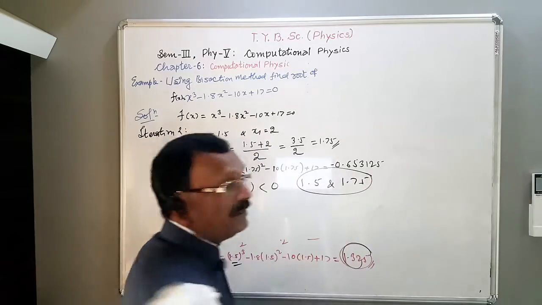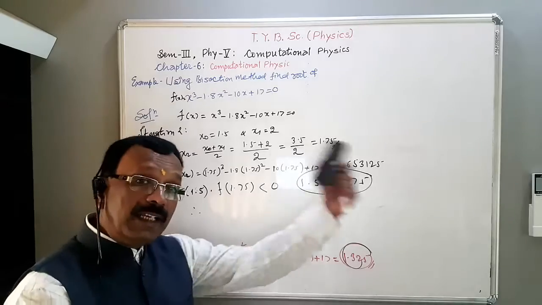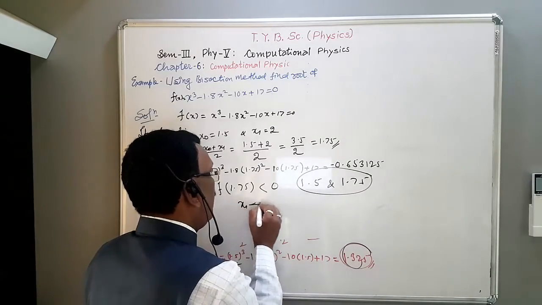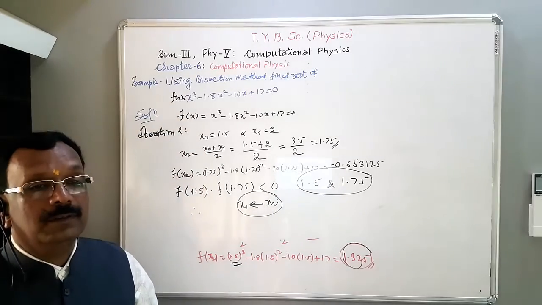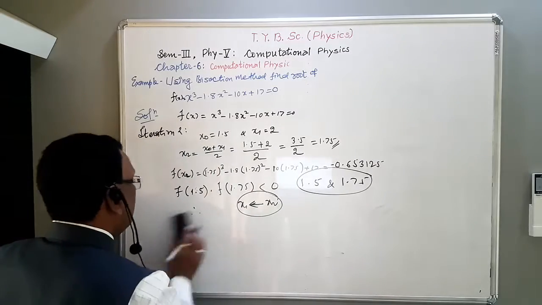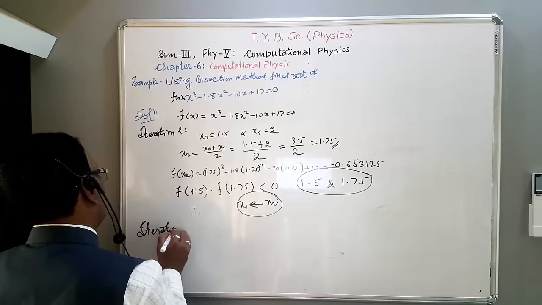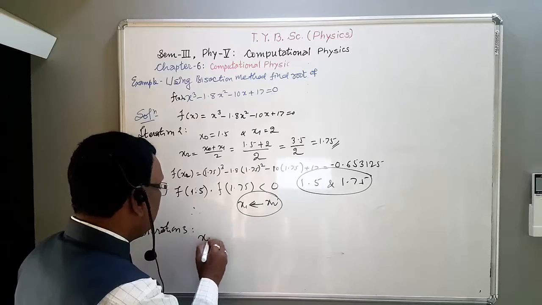The roots lie in between these two, and therefore we replace x1 by x2, and for the third iteration, iteration 3,